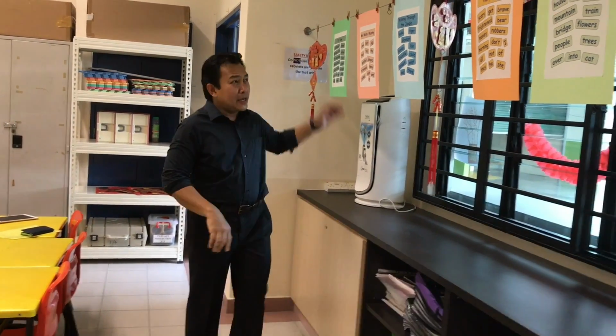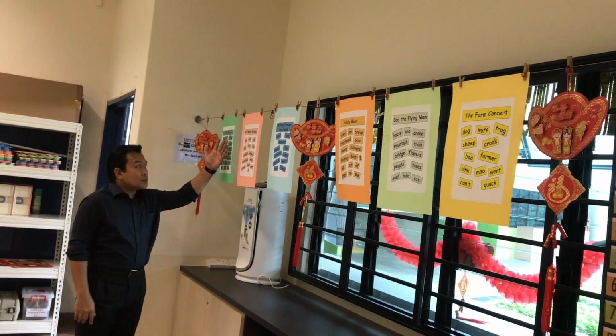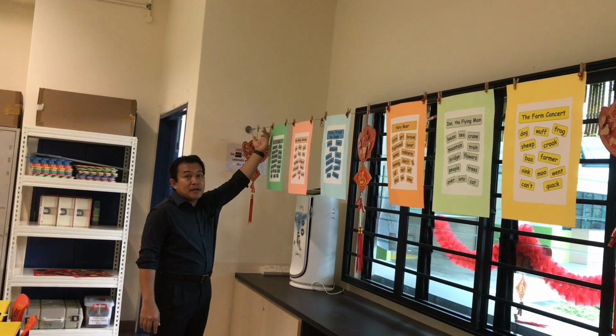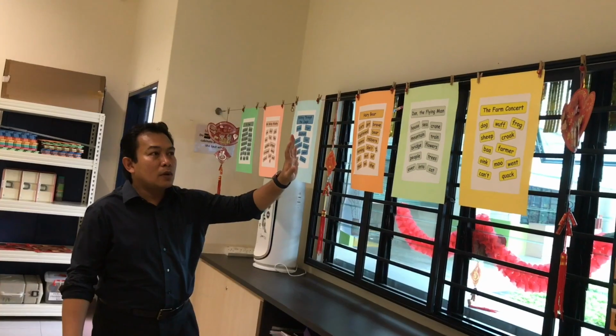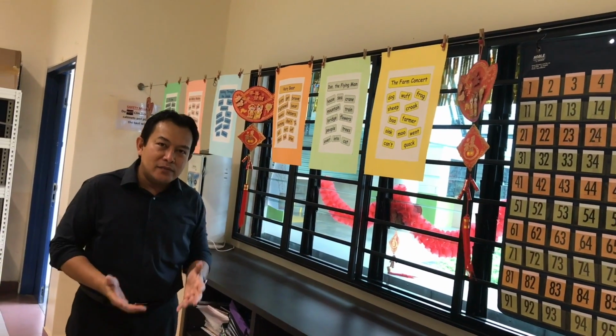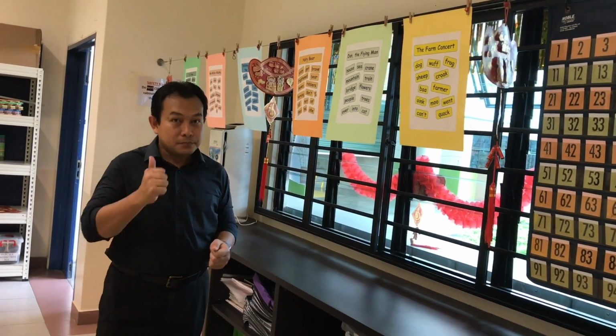Okay? And for this, you can actually, this is a brilliant idea. You can actually hang a string or put a string here, or this has been placed by the school. You can put students' work here as well. Alright, so the idea is when the students see their work there, they get a little bit more motivated, they get a little bit inspired to do better and do more. Alright, this is the front part of the class, and